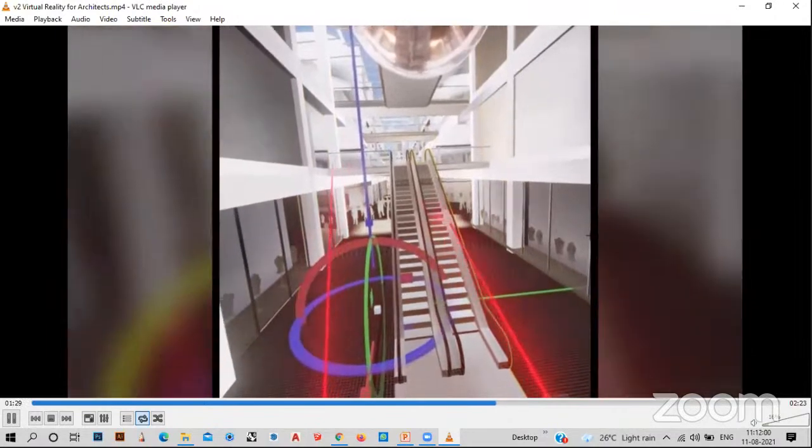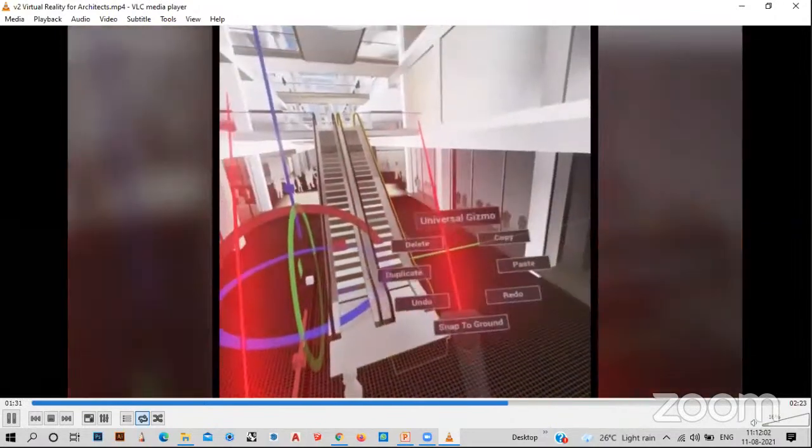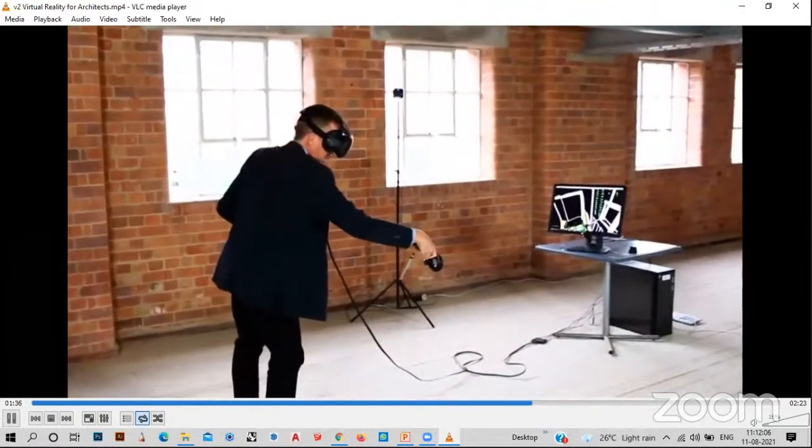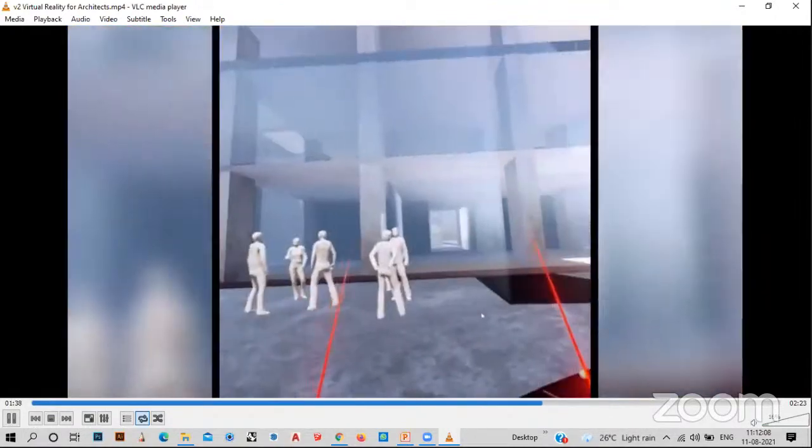So this is the space where you can look into whatever you've designed, and you can work a faster way, and there is less human error. So he's sketching in three dimensions. He's imagining whatever he has designed in real time.